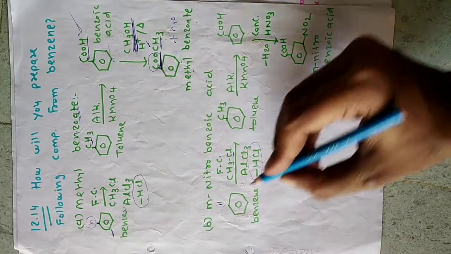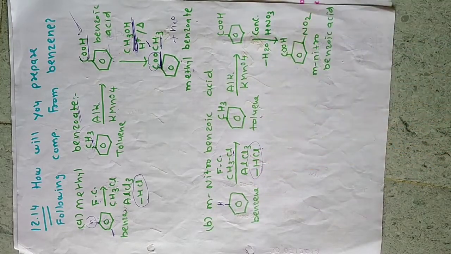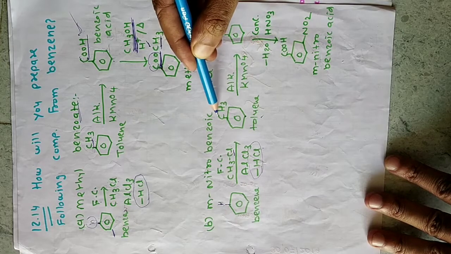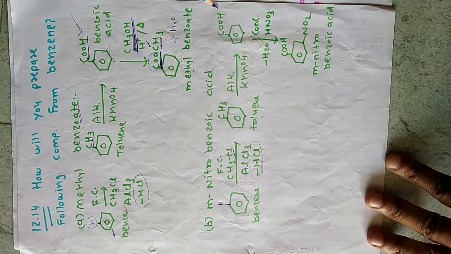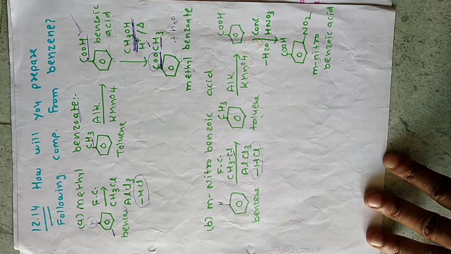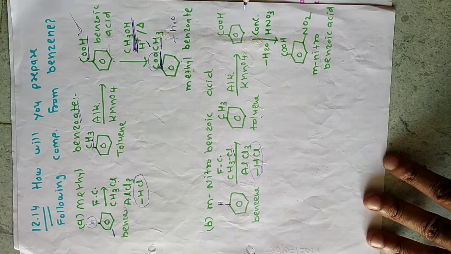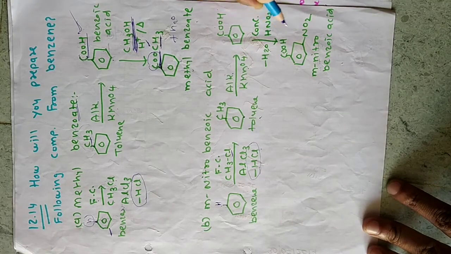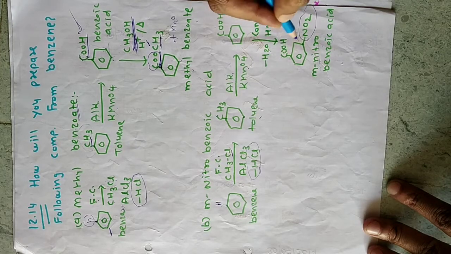Then as the product we get toluene. This is our first step. The number of carbons is increased now. Now what is extra here? The COOH group. So convert this CH3 into COOH. It is an oxidation reaction again, alkaline KMnO4, so I will get benzoic acid. Now the NO2 group is remaining, so a nitration reaction is needed. In your 11th standard you have learned the nitration reaction also. Concentrated HNO3 will give you the NO2 group on the meta position.